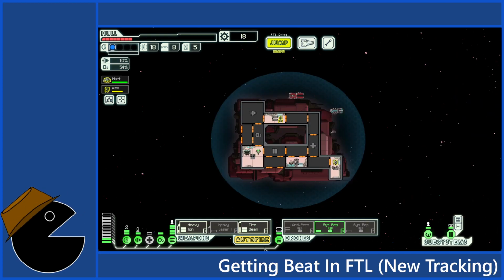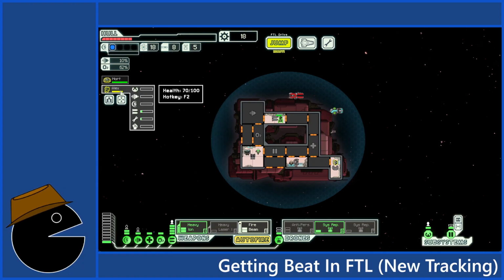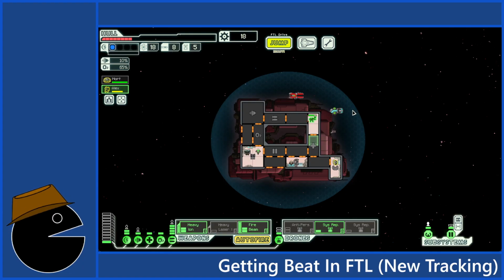Alright, they jumped away. That's kind of unfortunate. Need to go ahead and activate the healing part. I want you to go heal. You can go back to the weapons now.